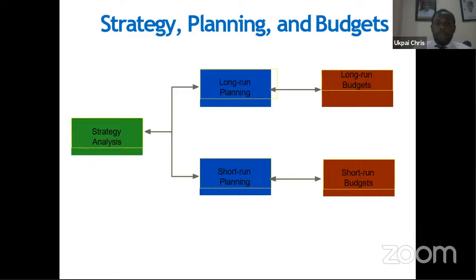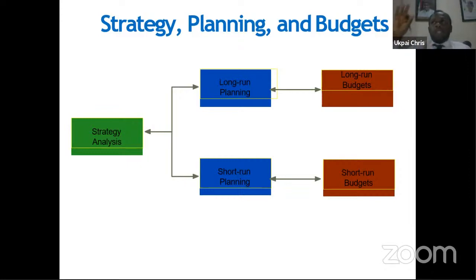Are we together? So I said strategy. Long-term planning is a strategy to achieve the overall goal of an organization. So now talk about the short-run planning and short-run budget. As I said, a budget that will take you more than 1 year is called long-term budget. But the one that will take you maybe within a period of 1 month to 12 months, within a period of 1 year, is short-term budget. Some organizations, they have short-term and they have long-term budget because they have a vision.